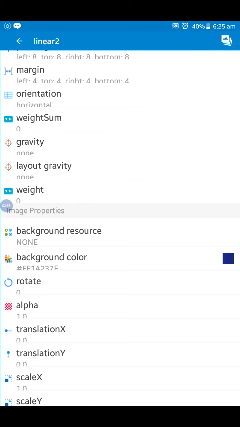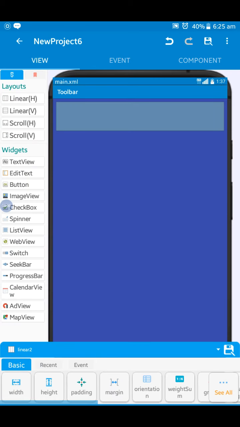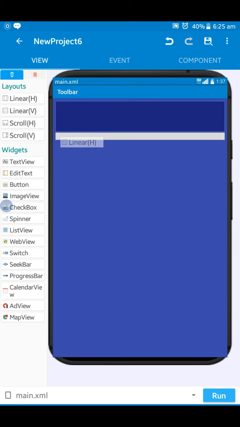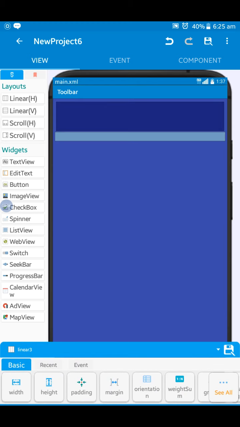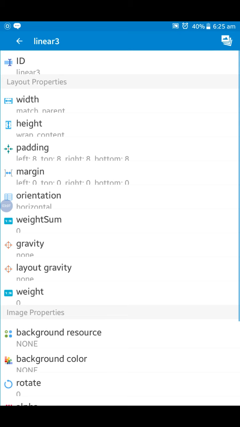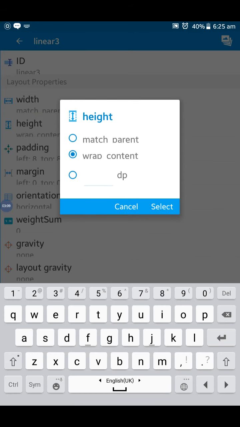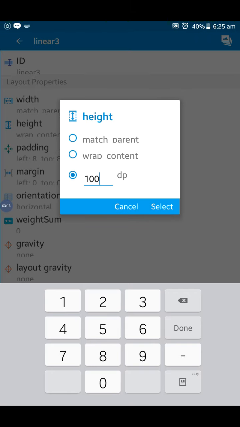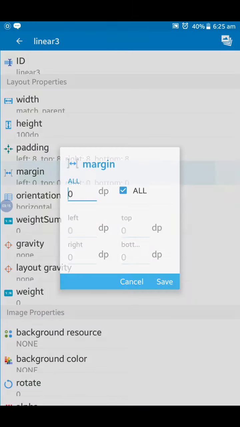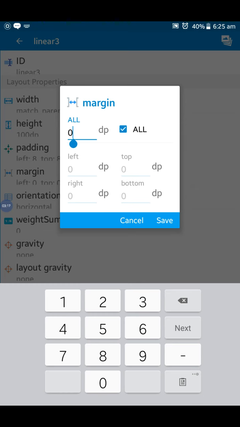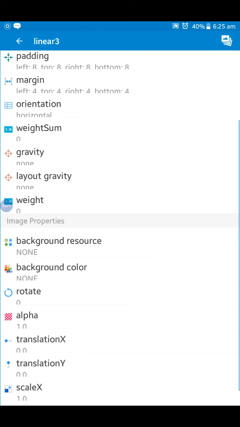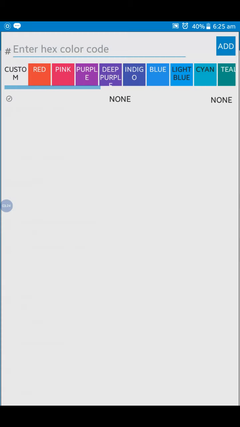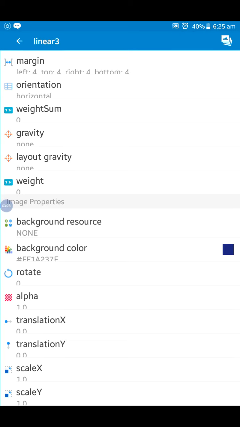Okay, so we need to take another horizontal linear. In this, we have to set the height to 100 dp. Then the margin will be 4. Then the background color, we need to choose indigo dark.